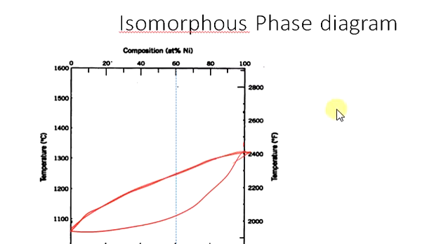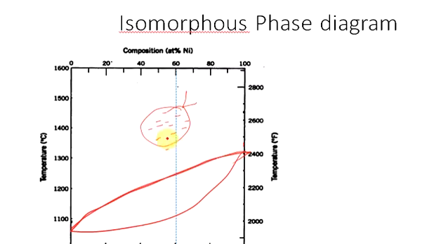Now in this particular diagram, above the liquidus temperature, the microstructure will be a uniform liquid. If you consider the region above this, it is completely a liquid phase, a uniform liquid phase. So if you plot the phase, this will be a uniform liquid. Now we are considering this particular alloy. We are reducing the temperature for a particular alloy composition, that is 60 weight percent nickel. Here you can see the 60 weight percent nickel. We are considering that.